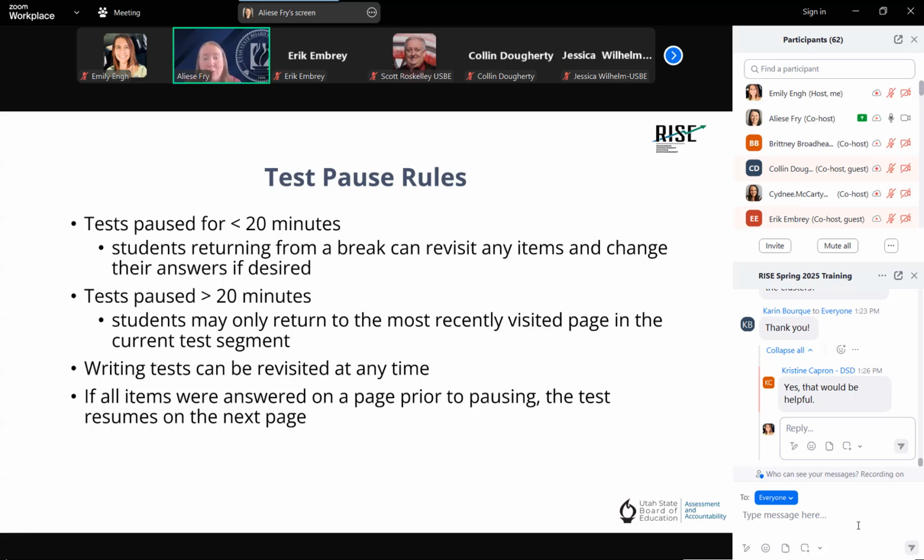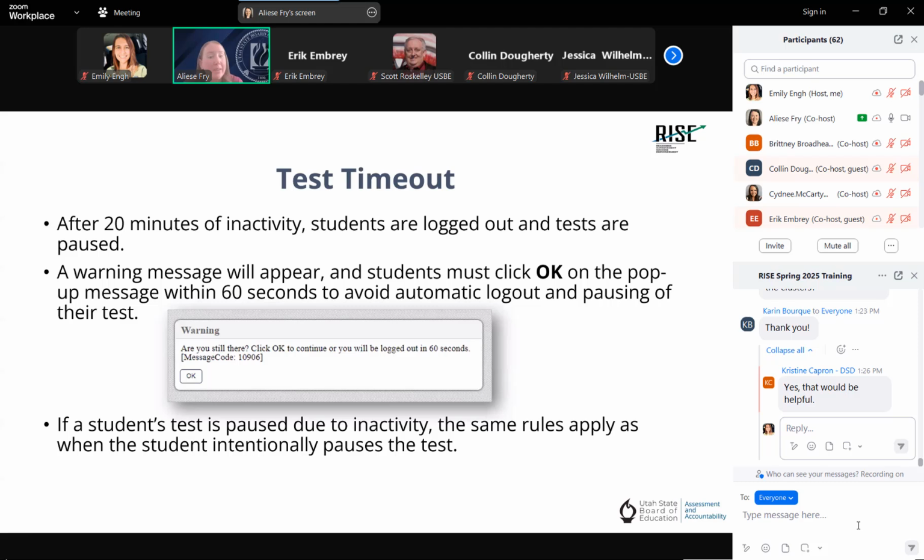But if all items on the most recently visited page were answered prior to pausing, the student is then going to resume the test on the next page with unanswered items and are not going to be able to access previous pages or segments if that 20 minutes has passed, okay? But again, a writing test is going to be allowable to revisit at any time as long as the student hasn't submitted yet, okay? On a related note, as a security measure, after 20 minutes of test inactivity, students are